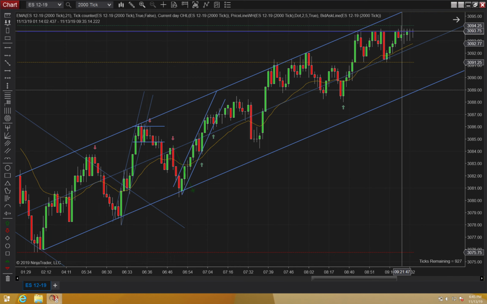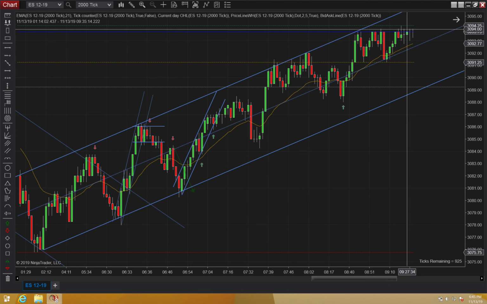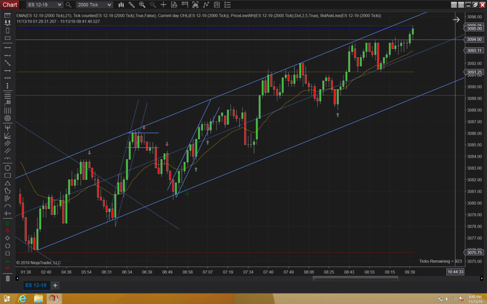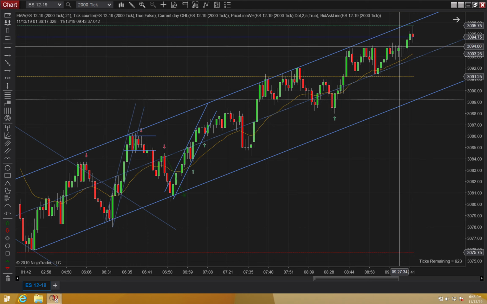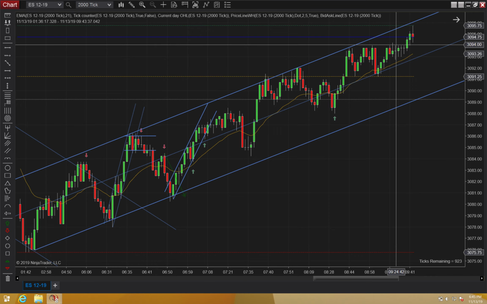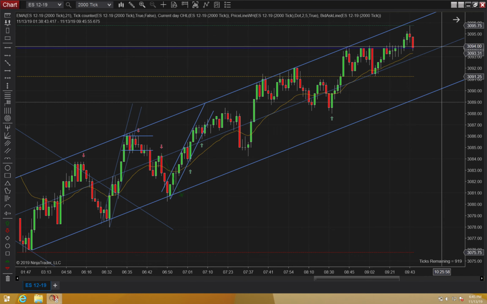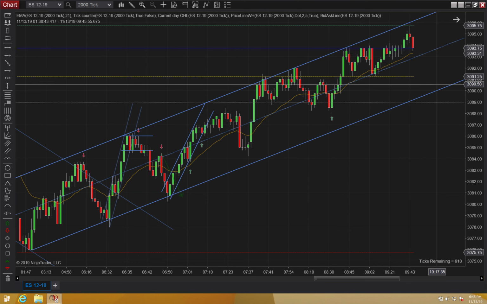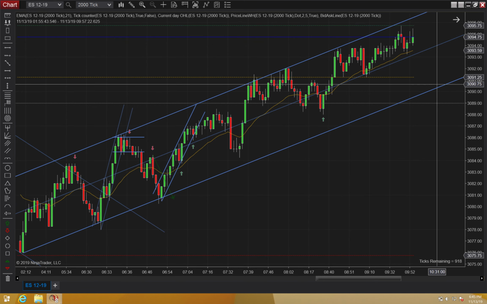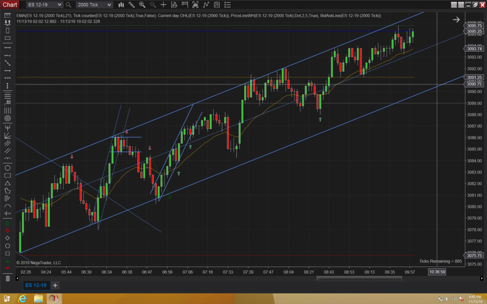And then when it stacks up like this, I'm definitely not going to buy up there. Whether it works or not, that's just not going to be a winning strategy long term, buying when you see a bunch of tops like that. So really we're just waiting for a pullback and a chance to get long, or like a second entry long.